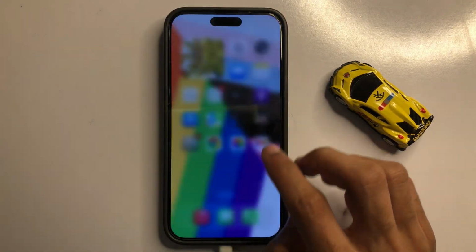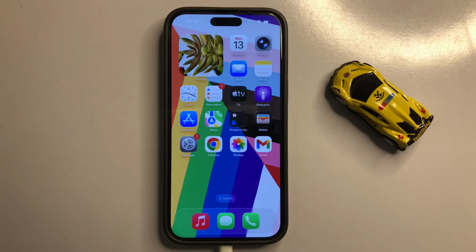So refresh phone. So that's how you can fix iPhone volume problem in